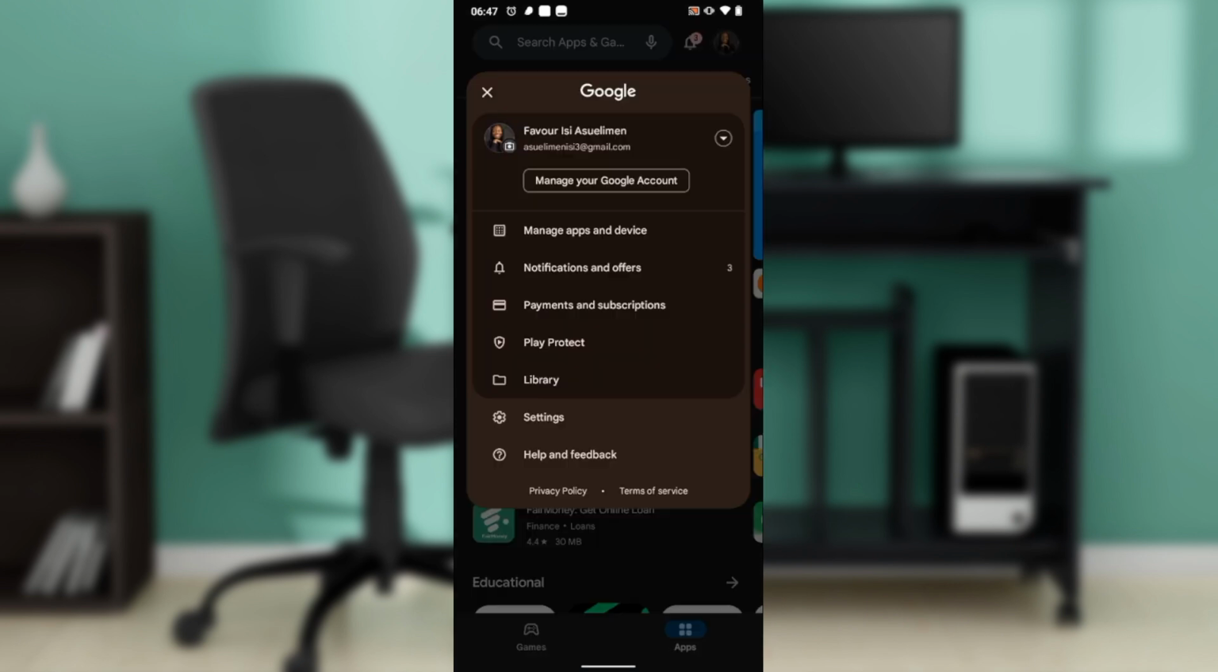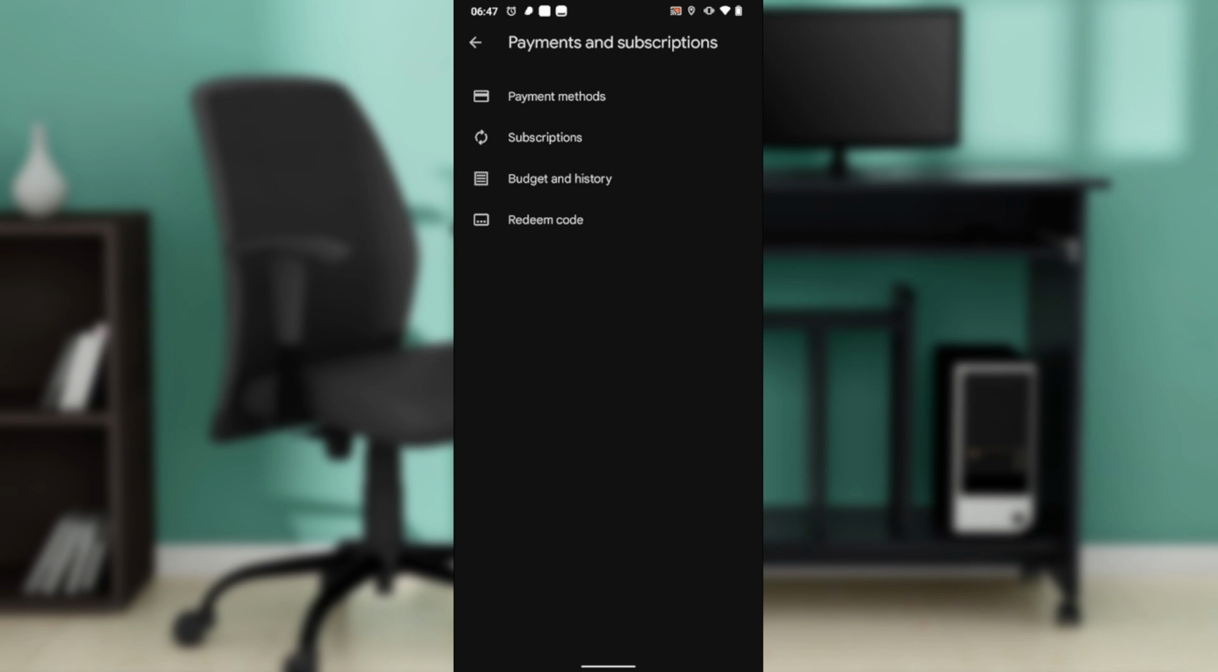We have Manage Apps and Device, Notification and Offers. You have Payment and Subscriptions. Click on Payment and Subscriptions over here. Click on subscriptions